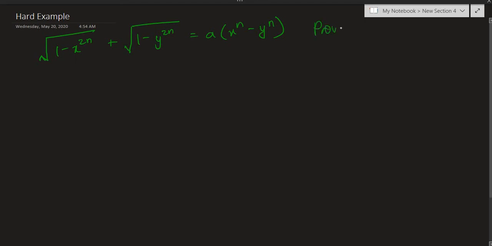We have to prove that x to the n minus 1 times the square root of 1 minus y to the 2n, divided by y to the n minus 1 times the square root of 1 minus x to the 2n,